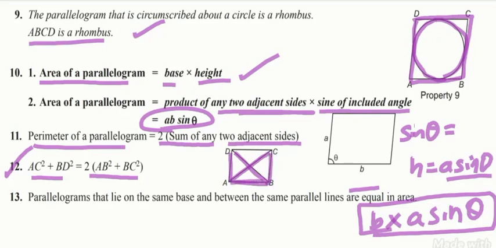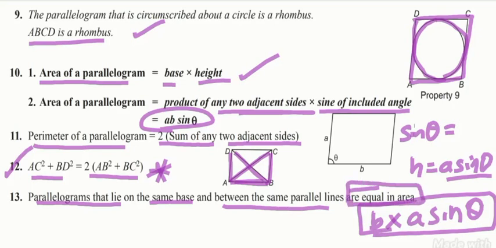So 2 times of AB square plus BC square. This is also very important, useful for solving problems on the relation between sides and diagonals. So next one, parallelograms that lie on the same base and between the same parallel lines have equal areas. So if two parallelograms are lying between parallel lines, having the same base, then both parallelograms have the same area, equal